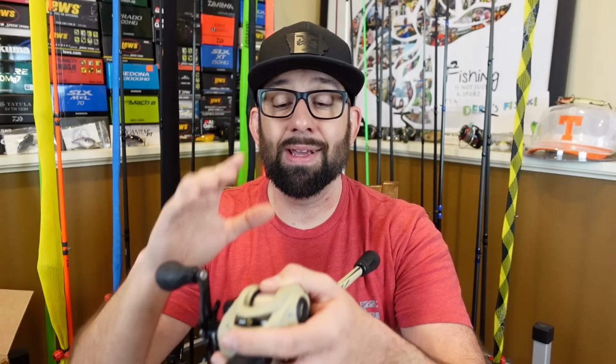Not all of them, but a lot of them will market that for larger lures. Things are going to put more stress on your reel. You're honestly going to be a lot better off if you've got an aluminum frame and an aluminum side plate. So though this might have 20 pounds of stopping power, if this is completely locked down on your drag, something has to give in this combination. So either the hooks are going to bend out, your line's going to break,